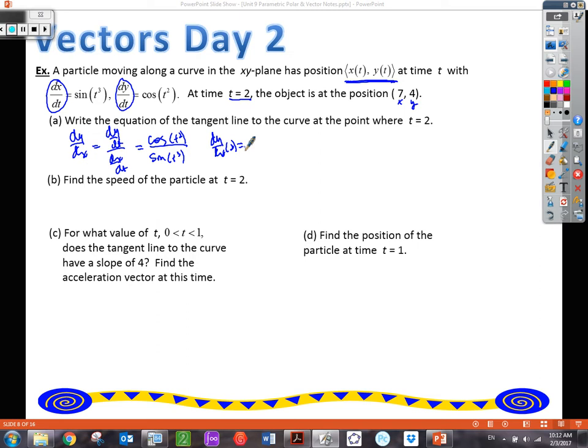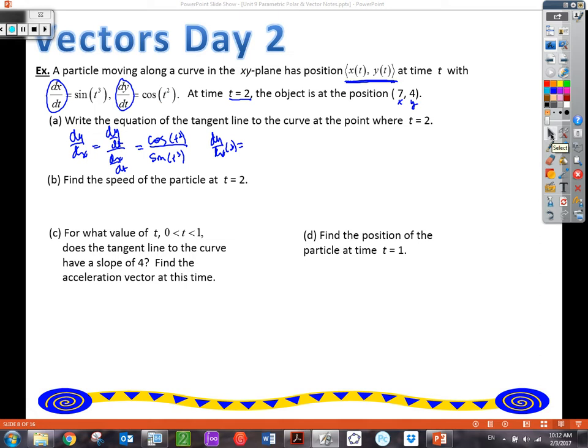Okay, so let's go to our calculator. And we're using this formula in part A. We're asked for speed. That's going to use these again. We're asked for a tangent, another tangent line problem. We're going to use these formulas over and over again. And it's to our advantage to put it in our calculator one time versus 3 or 4 times because it's being used over and over again. So what we should do is we should go to our calculator,